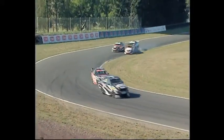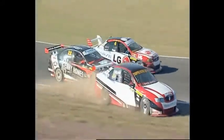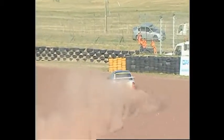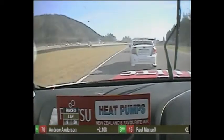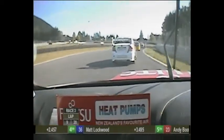Oh, there we go. Well, this is Dale Williams. Kevin Williams. Kevin Williams. So, racing battle. So what happened though? Oh no. Paul Manuel. Who's also copped a hit from that altercation in the front of his car. But going back to it, if Boothie's had a big hit, it's actually pumped all the water out of the radiator. As a driver, you don't actually know that things have gone out because the water temperature goes high, but then resets again. So now, possibly...